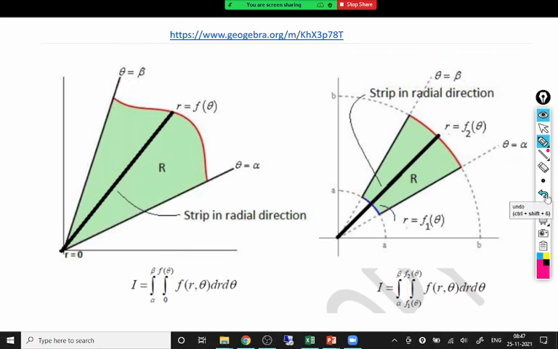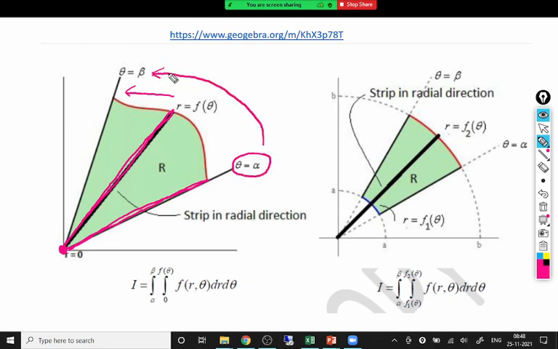Next, to get inner limits, we take a strip. This strip is along the radial direction. You will observe this strip looks like the hand of the clock, where the lower end is fixed here. This end is not moving. Upper end can be dragged. So minimum position of that strip is here. The strip starts with theta equal to alpha, and then we drag that strip up to beta.